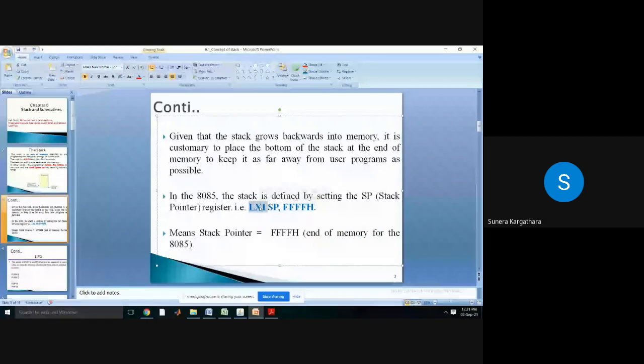Because MVI is used to load 8-bit immediate data, but our stack pointer is a memory pointer, which is a 16-bit register. So we need to write 16-bit immediate data here, and for that we generally use the LXI instruction. So whenever, students, make sure